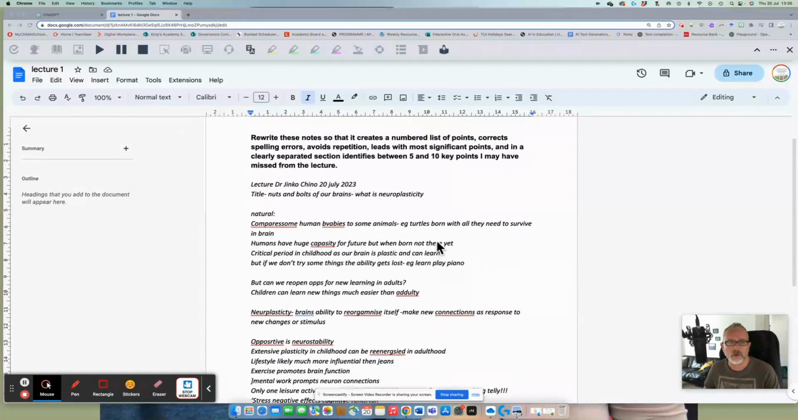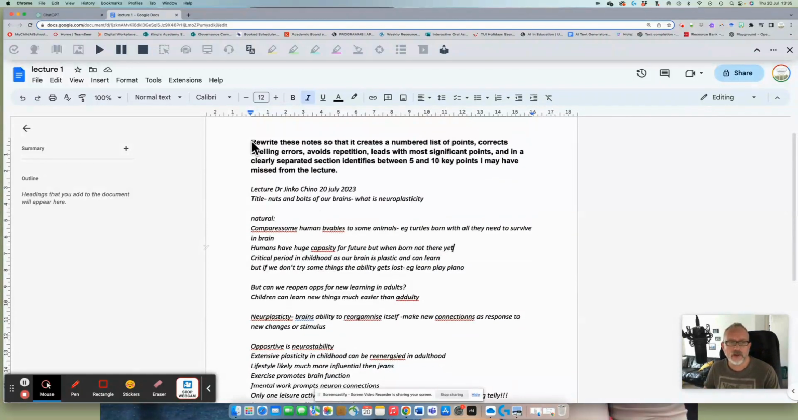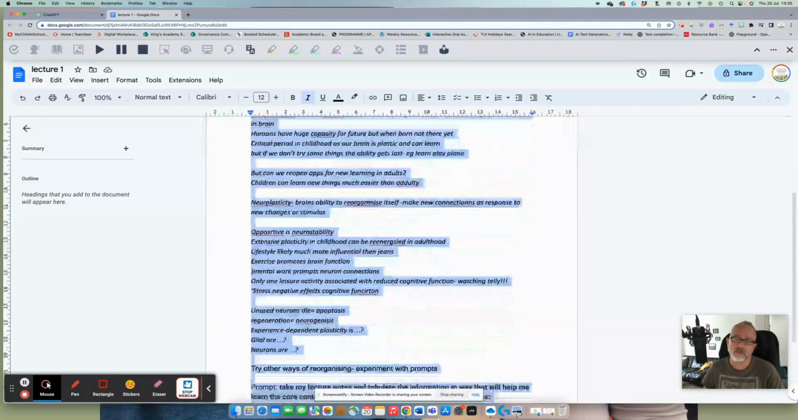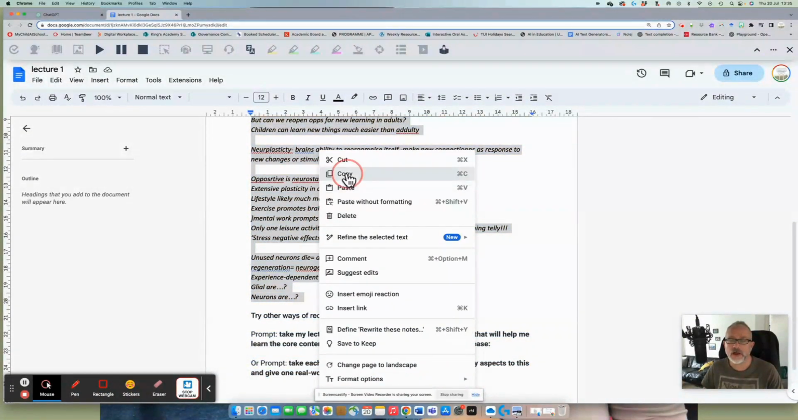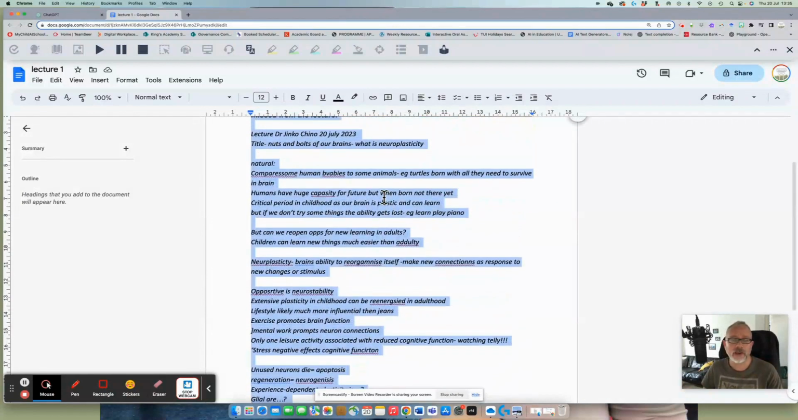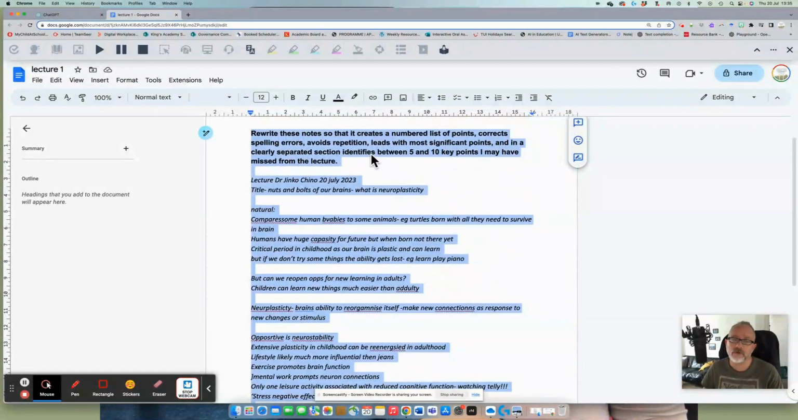So what I'm going to do is I'm going to write a prompt. And the prompt says, rewrite these notes so that it creates a numbered list of points, corrects spelling errors, avoids repetition, leads with most significant points, and in a clearly separated section identifies between 5 and 10 key points I may have missed from the lecture. I don't actually think it's a bad idea putting my prompt into my document. Try and ignore the ones that I'll come to in a minute below,